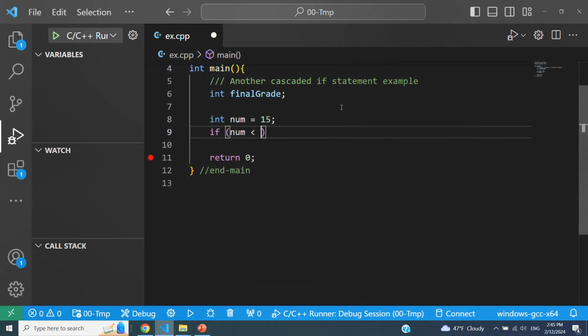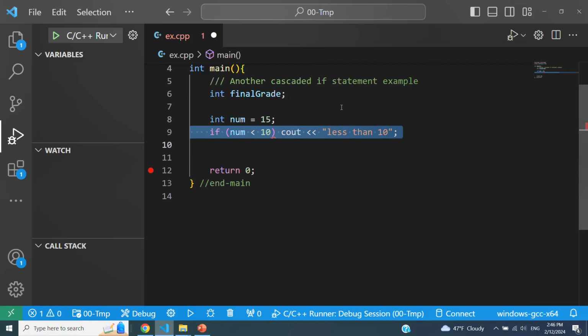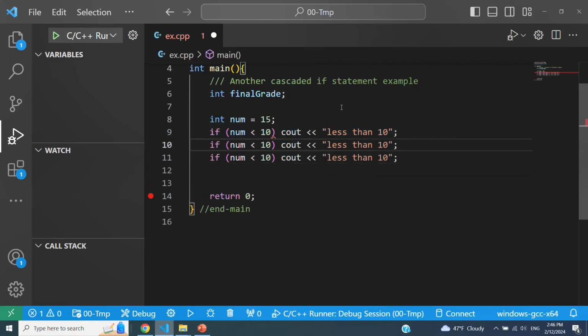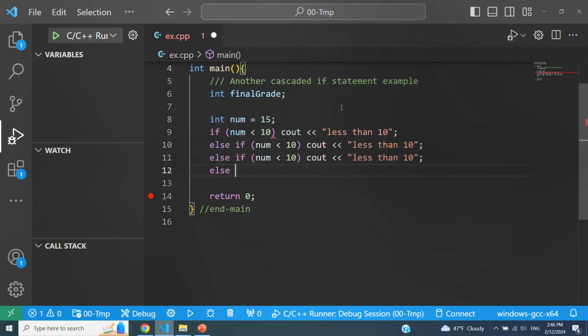If number is less than 10, then cout less than 10. And so on. I'm just going to copy and paste. So it is if, else if, else if, and else.